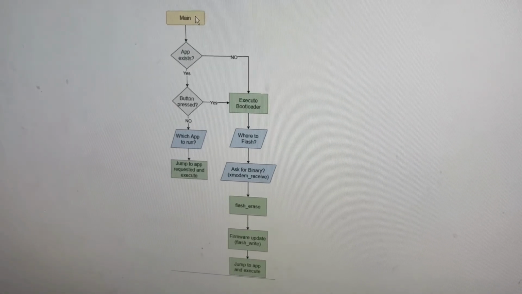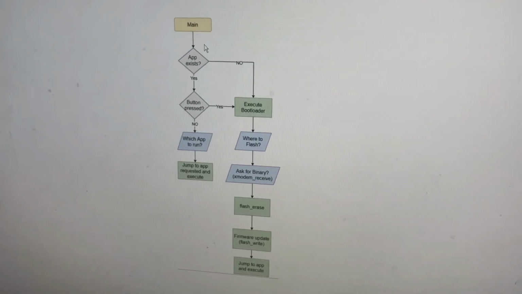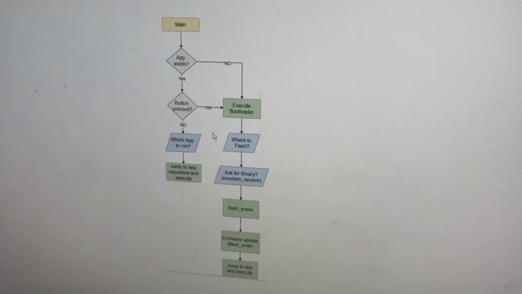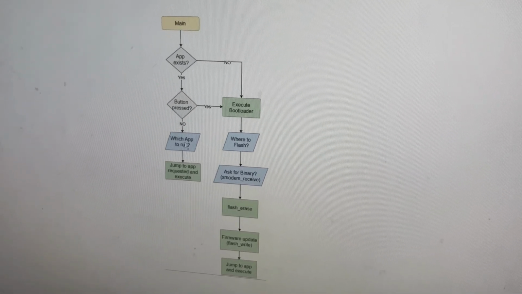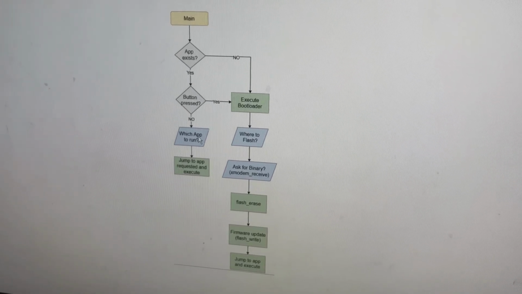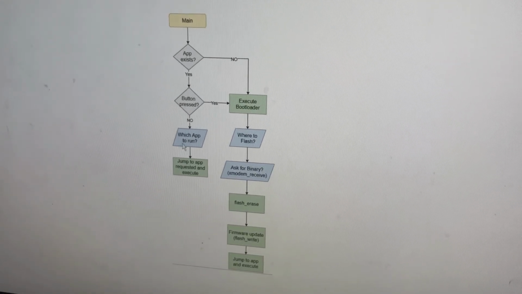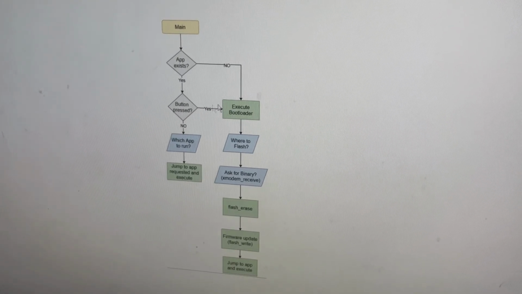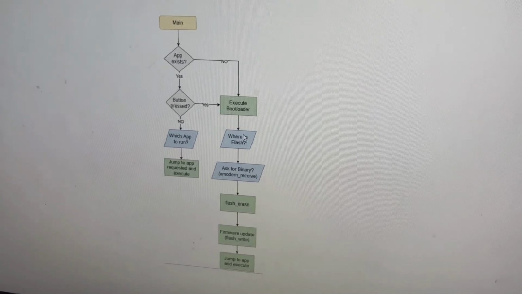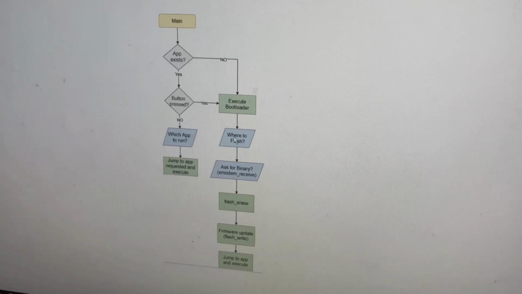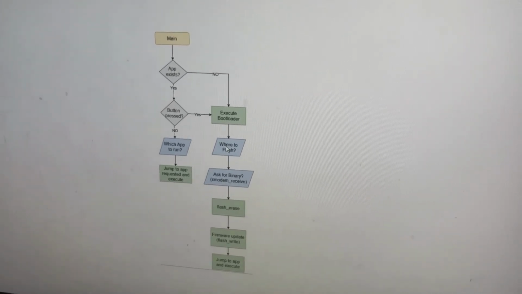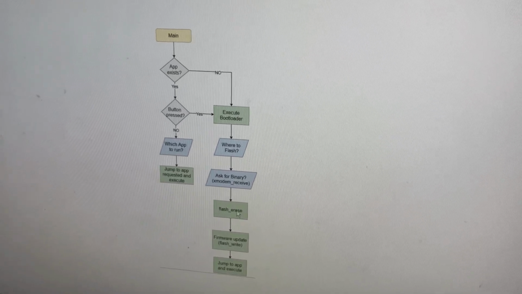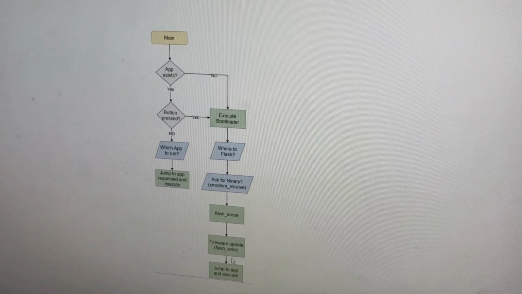Let's see the flow of our project. Whenever you reset the board, it first checks: is there any previous firmware flashed into the board? If yes, then it will check whether the user button is pressed or not. If the user button is not pressed, it will run the previous firmware that is flashed and just execute that app. Let's say the button is pressed, then it will go into the bootloader mode, and it will ask which firmware to flash, and from which memory location onwards you need to flash your new firmware. Then it will flash that binary. It performs some array operations, then it updates the firmware, and then it executes the app.